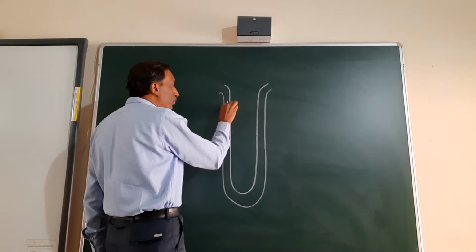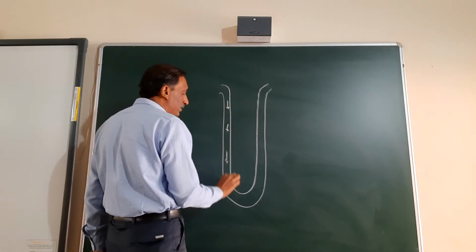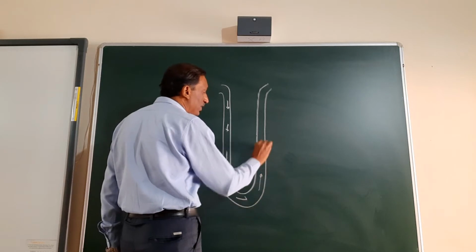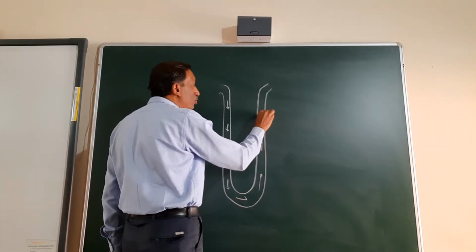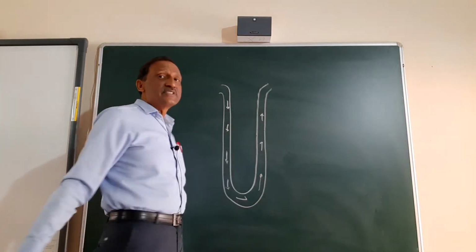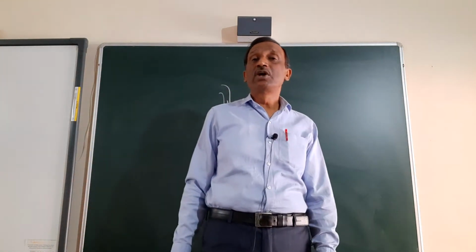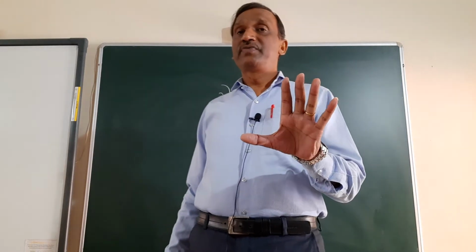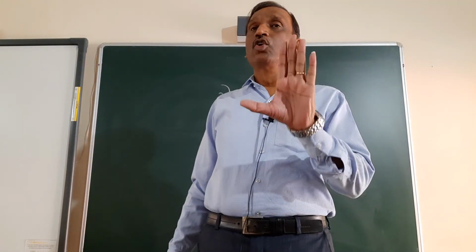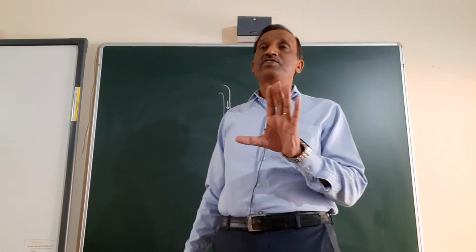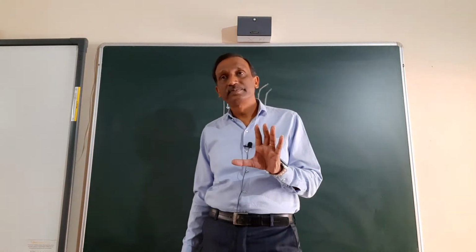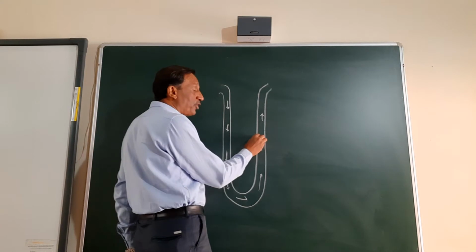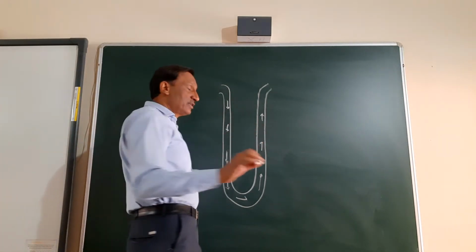Here the filtrate is moving downward, and then here it moves upward. So the two directions are opposite to one another, which is called counter current. This counter current is very important. The whole concentration of urine is actually maintained by this. Now how? See, these walls are permeable for minerals but not for water.